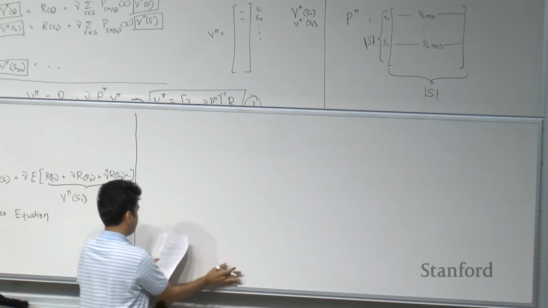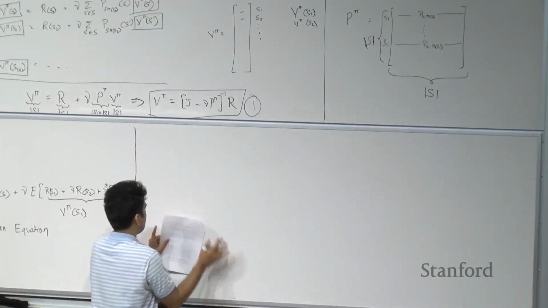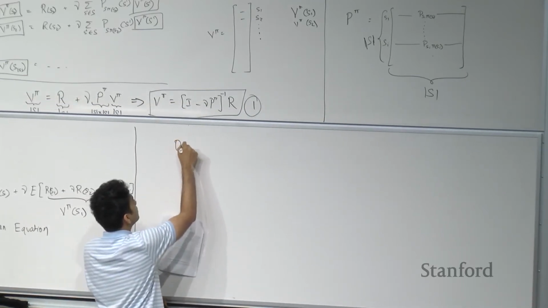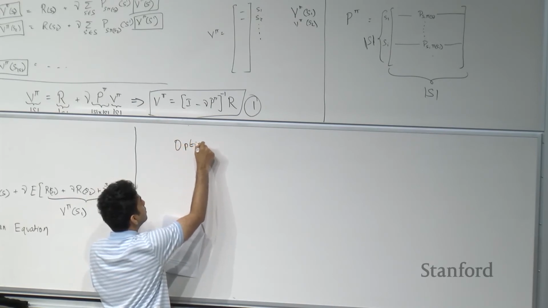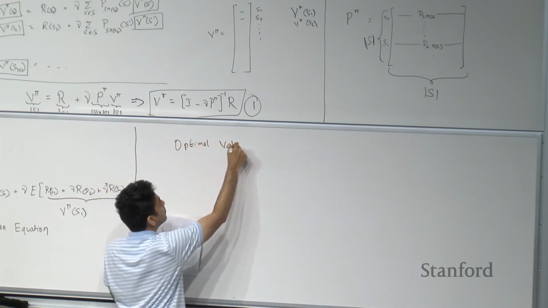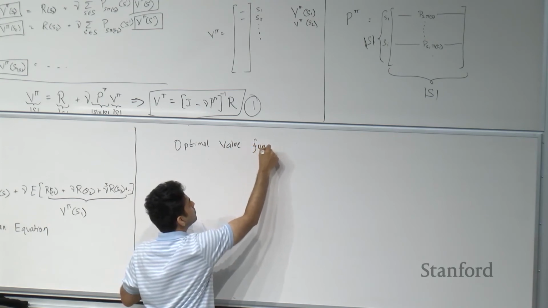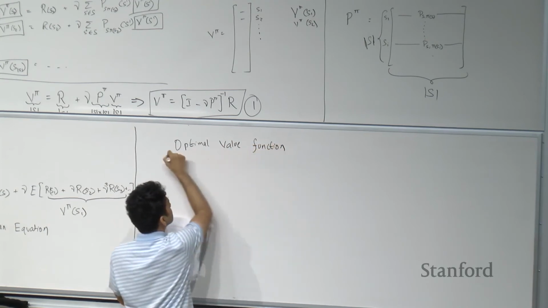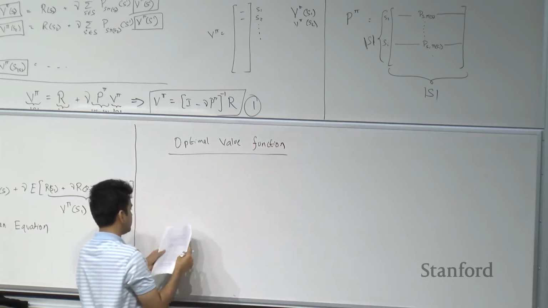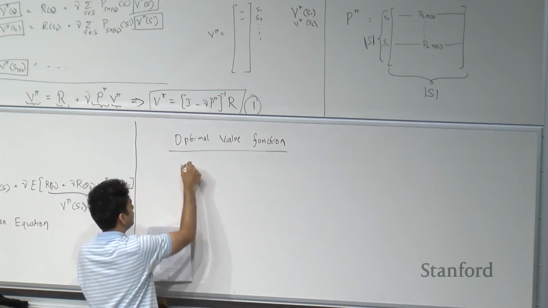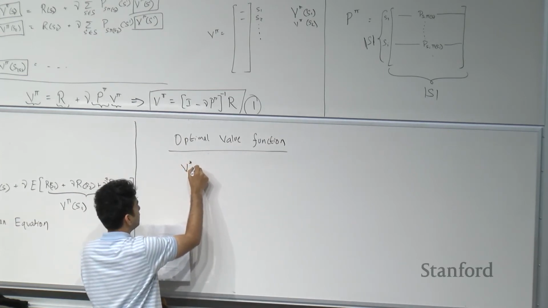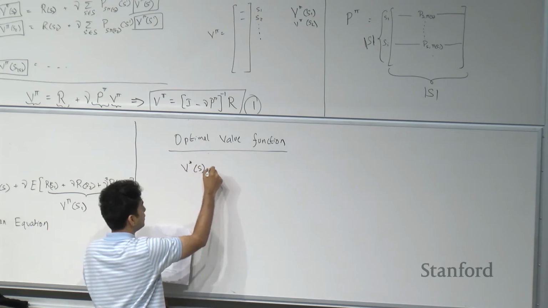So we also define what is called the optimal value function. So the optimal value function is defined as V star of S is equal to